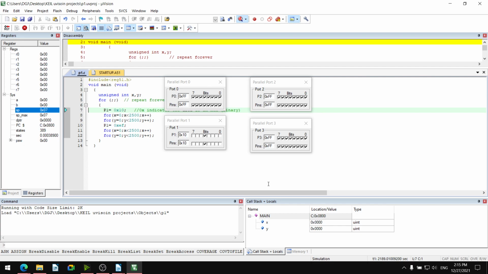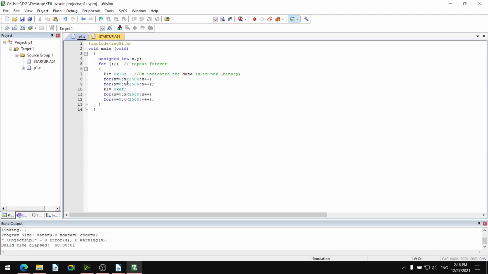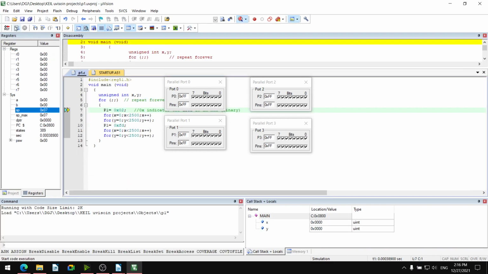Okay. So in this way we can have the toggling of the bits. Stop here. If you want we can have one more combination very quickly. 0, 2 and FD. Yes, 0, 2 and FD. Also you can have 2, 0 and DF.